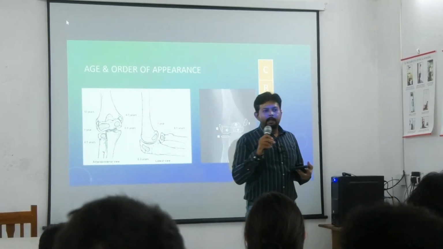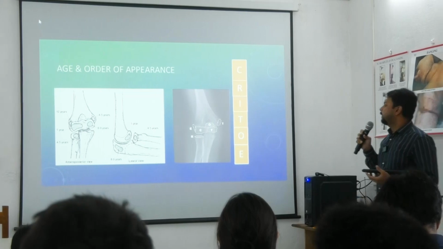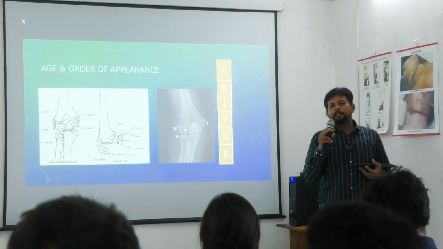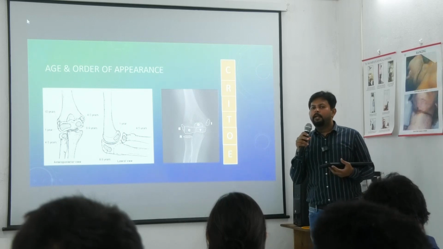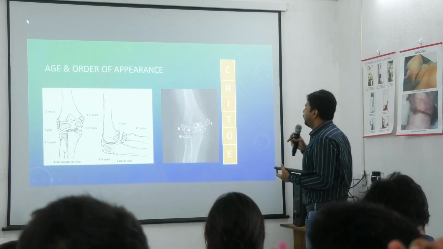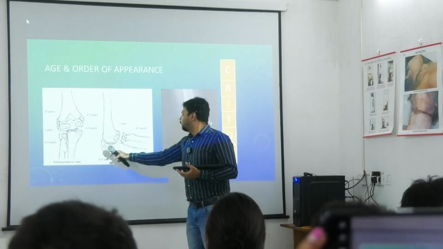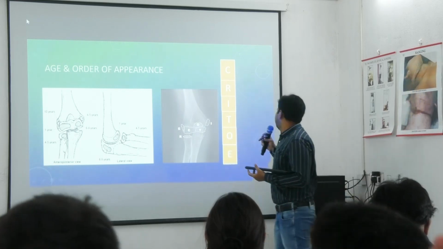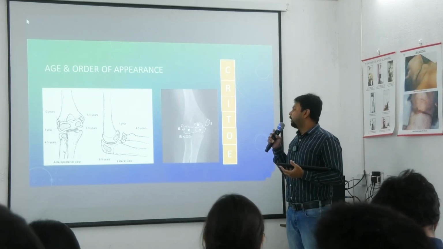ঠিক আছে? এইবার টি পর্যন্ত এলাম, O আছে ওলেক্রনন প্রসেস, এখানে অ্যাপিয়ার বলছে 8 to 9 years in international charts, but in Indian population it is olecranon process appears at 9 to 12 years of age in females and 2 years more in males. Okay, so Indian মানে Bengali population 9 to 12 years for females olecranon process এইটা, for international it's 8 to 9 years. Okay, তাহলে হয়ে গেল ওলেক্রনন প্রসেস। এবার বাকি আছে এক্সটার্নাল এপিকন্ডাইল আর ল্যাটারাল এপিকন্ডাইল